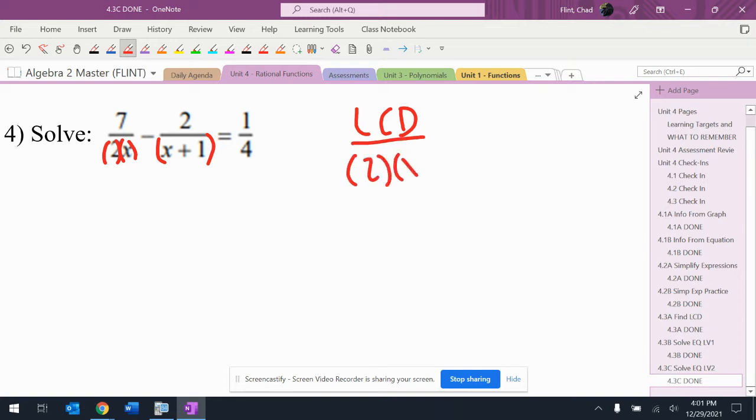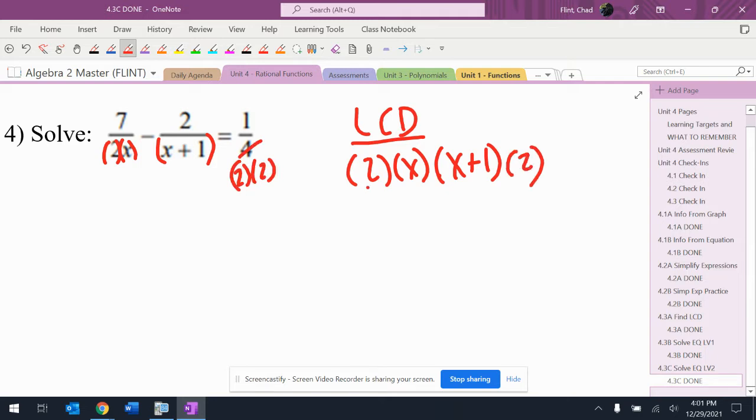So I have a 2, I have an x, I have an x plus 1, and I don't really want to throw a 4 in there, but I'm going to tell you if you did put a 4 in there, it'd be okay. You would get the same answer. You'd have a little bit different factoring that'll happen in here, but it wouldn't cause you any extra harm. But this 4 is really 2 times 2, which means I've already got one 2, so I need